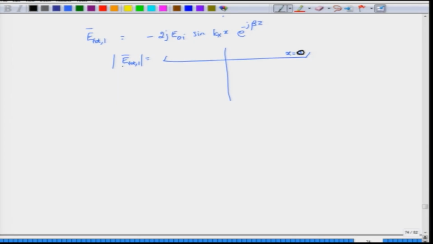Now when you plot the magnitude of this electric field, what you would find is very interesting. At some z you have to take, of course, because it keeps changing along z, but at some z this term will be equal to 1 in magnitude, and what you get is the magnitude of sin kx x. Now, let us sketch that. At x equal to 0, sin will be 0, and then it will reach a maximum at some point, and then it will again reach a maxima, and then it would go back in this particular manner. You can clearly see that this is beginning to look like a reflection from a short circuited transmission line, if you think of the transmission line still.